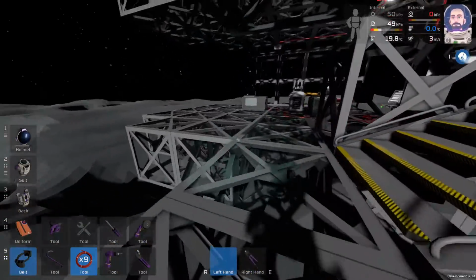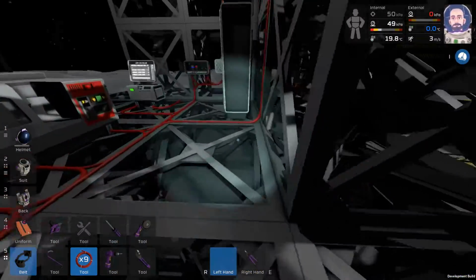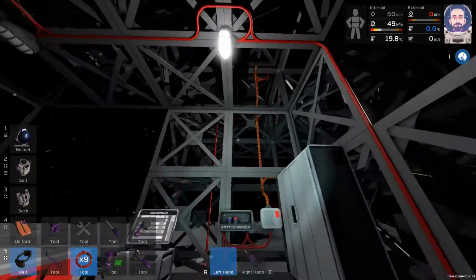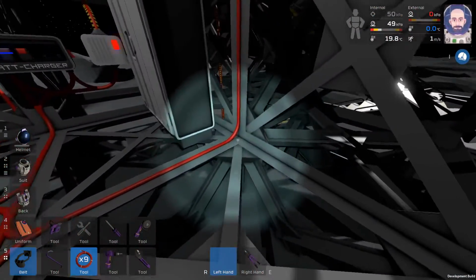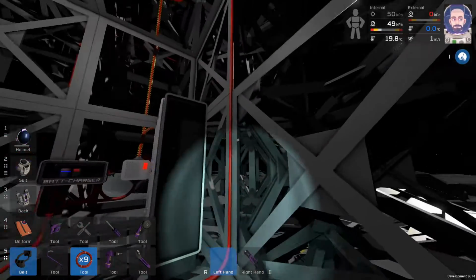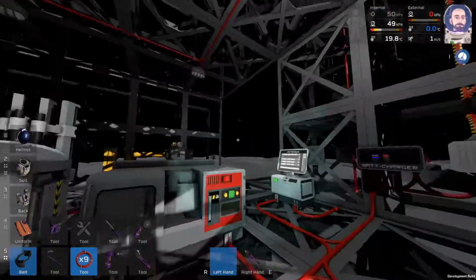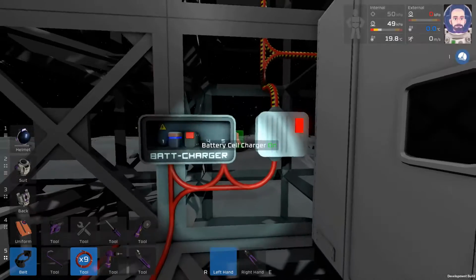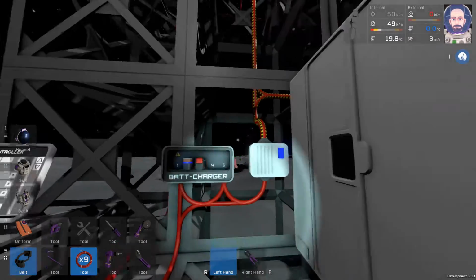And I was going to do it over here on this side. In fact, I might still do that. Maybe. It would be excellent if I could join it up with this wire here for the time being. A lot of this will get rewired over time. At the moment, I am out of